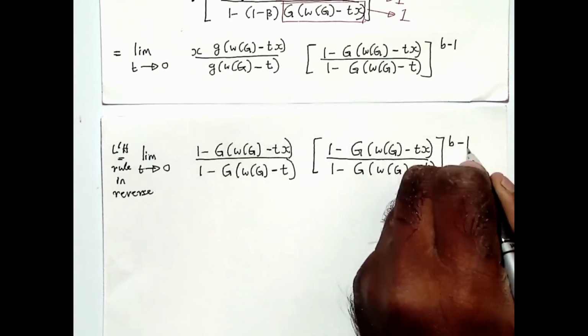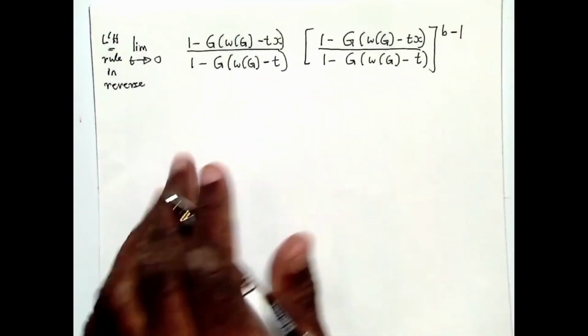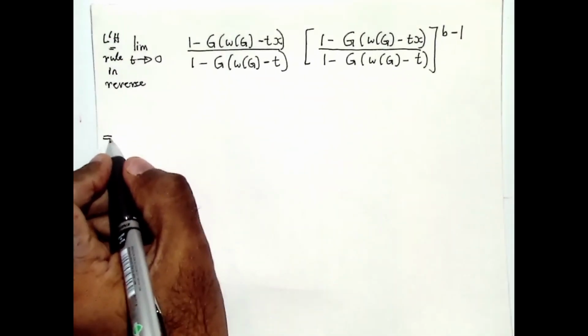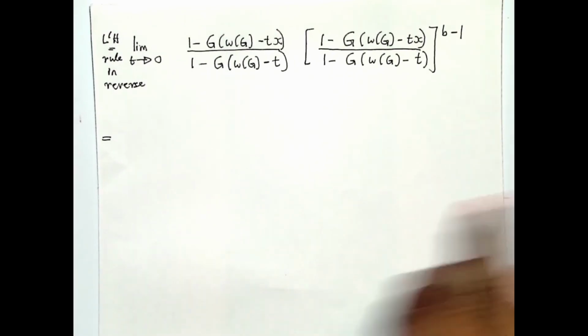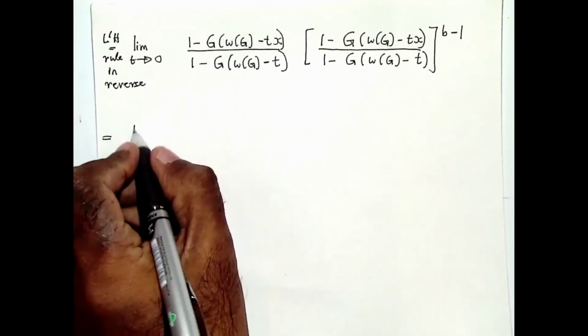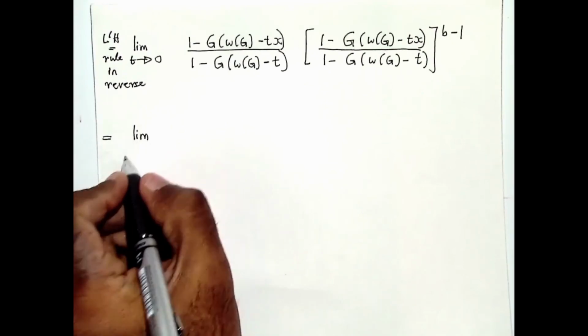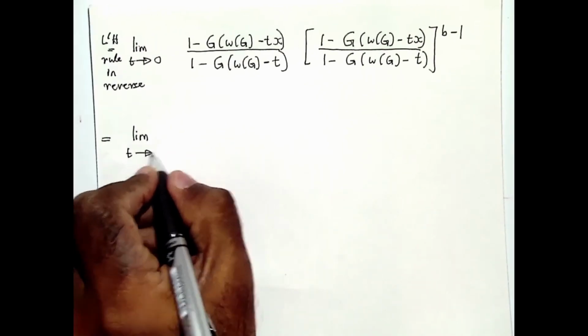Okay. Right, now these two terms are the same, so you can group them together. So you get limit as t goes to 0 of